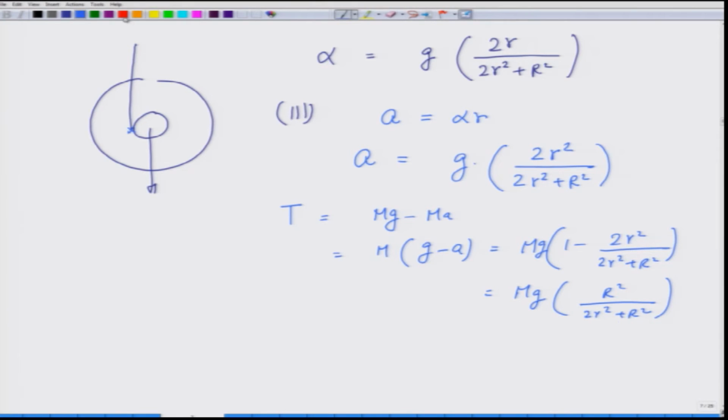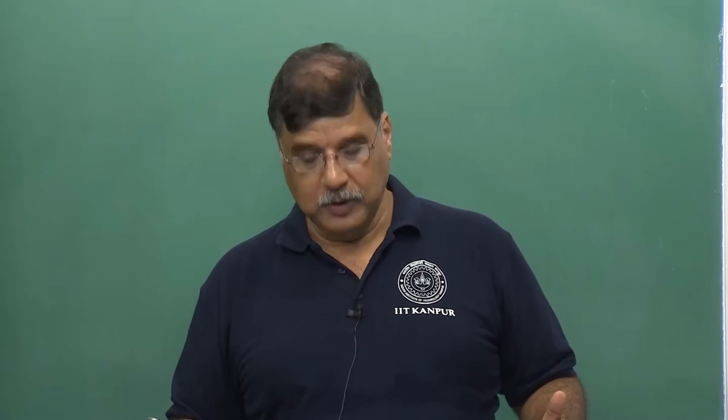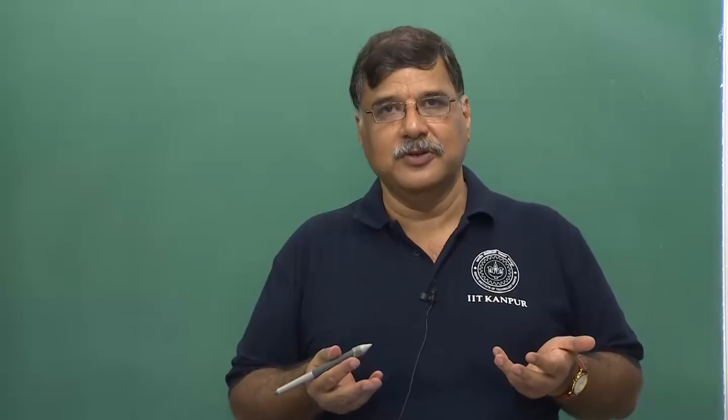So, what you notice is that the linear acceleration of the wheel coming down is g times 2 r square over r square plus r square, which is roughly equal to, assuming small r is much less than big R, g times 2 r square over R square, much smaller than g, and therefore you see this wheel coming down very slowly. Now, when it comes down and then goes back again, that is because of the conservation of energy,